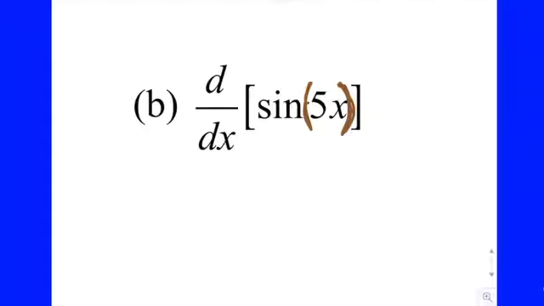We work from the outside in. What's the derivative of sine of blob? Cosine of the same blob. You don't want to take the derivative of both pieces at the same time. So don't call that cosine of 5. Don't do that. It's cosine of the blob. And then times, you go to the inside, and you're like, oh, times the derivative of 5x, which is